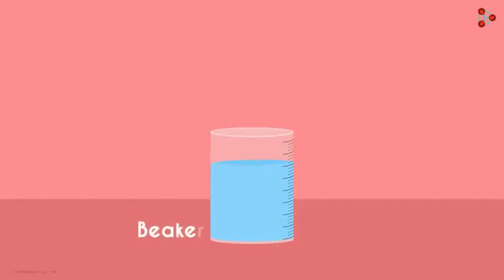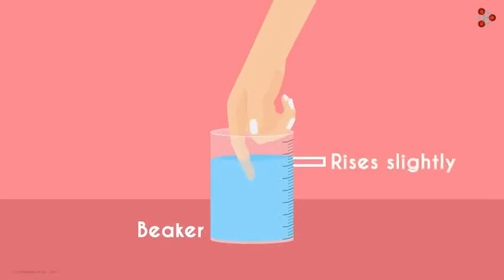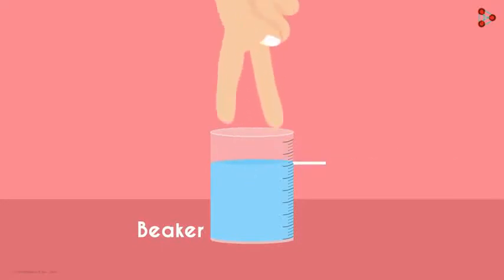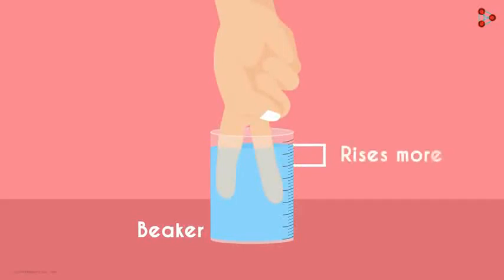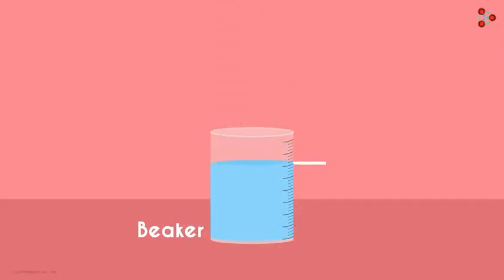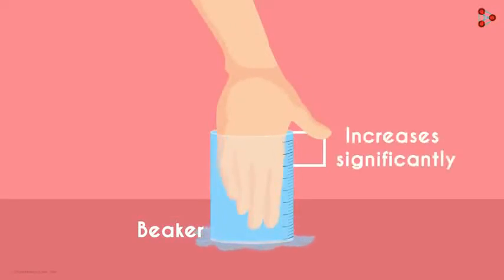You have a beaker filled with water and you put your index finger inside it. You'll observe that the water level rises slightly. You put in 2 fingers, the water level rises a bit more. And now when you put in your hand up to the wrist level, you'll see that the water level increases